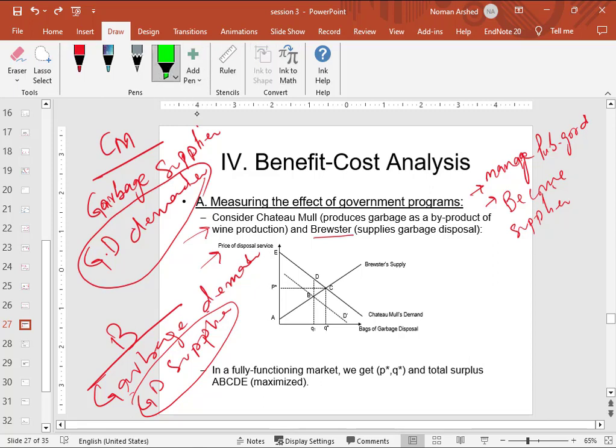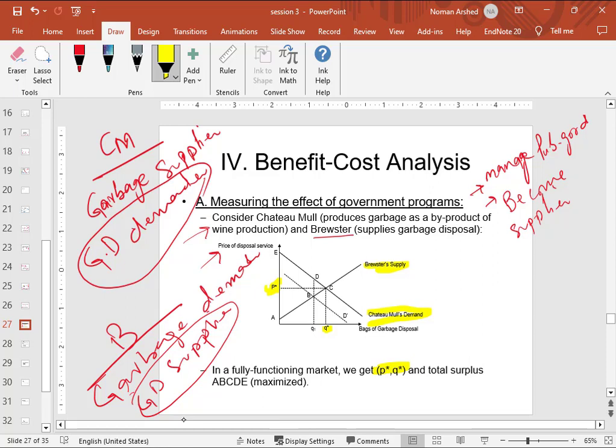Okay, so this is the demand curve, and this is the supply curve. We already know that Brewster is a garbage disposal supplier, so that's why it is positively sloped. If the market is working, if it is in equilibrium, we will have these equilibrium values. This is Q star, how much garbage can be disposed. Quantity demanded and quantity supplied of garbage disposal will be equal, because in equilibrium they are equal, and this is the price